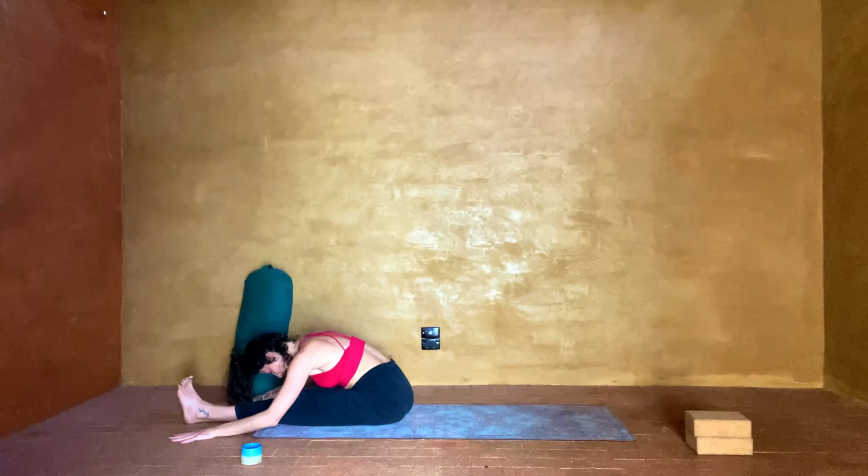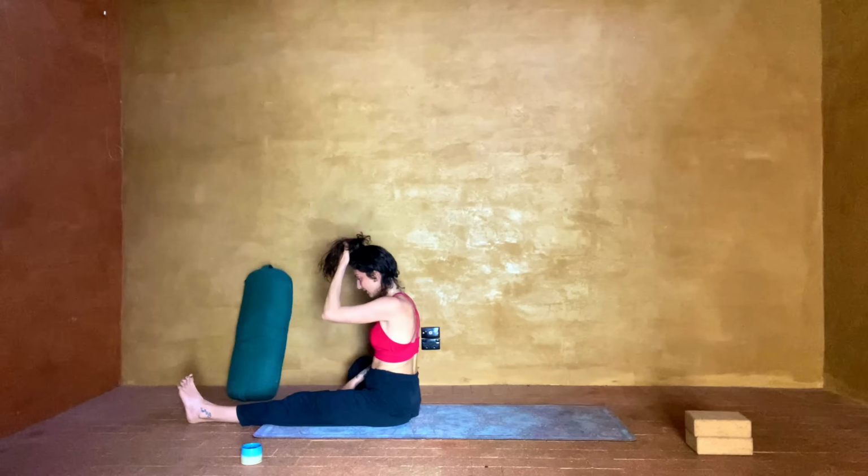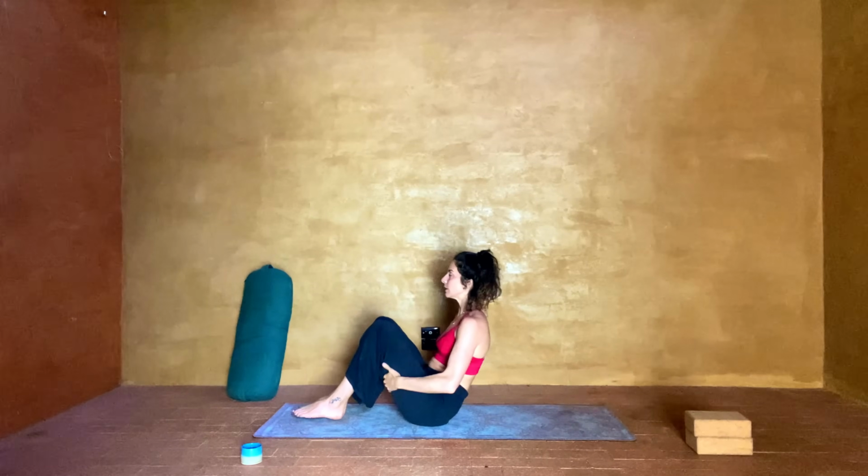Beautiful. Slowly release. Bring the knees into the chest. We're gonna take boat pose. This is not one that I do often. I was just